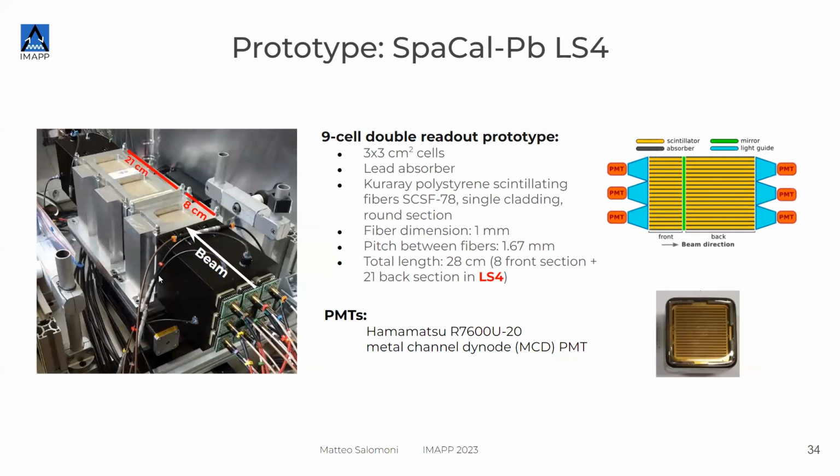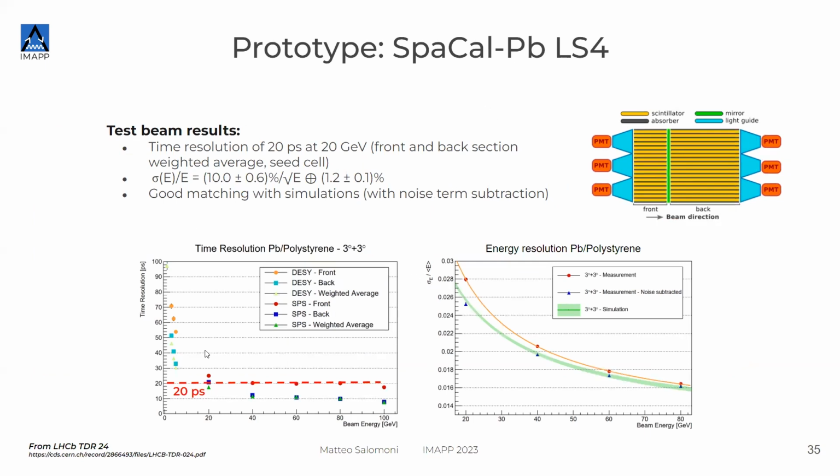So this is one of the prototypes that we built, and how it behaved is shown here in these two pictures. I don't know if you're interested, but we could reach 20 picosecond time resolution at 20 GeV electrons. With the other technology, we are able to do 40. So we brought down a factor 2 in time resolution, while also being able to do it with radiation hard technology, very important. And energy resolution was at the level of the technology which is already there, which is shashlik, and it's already very good. So the requirement there was to keep the same resolution, and we managed to do that.